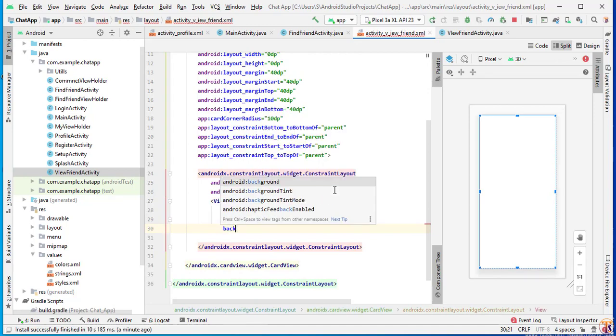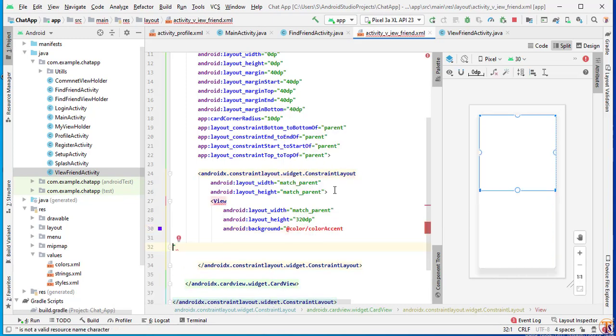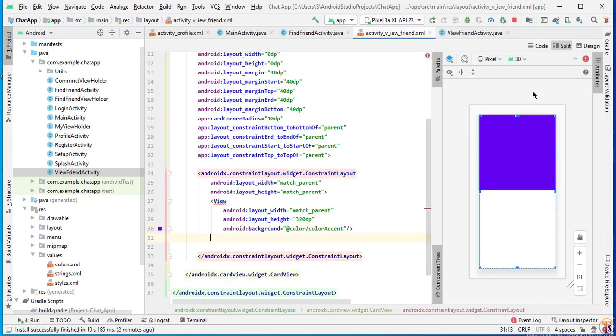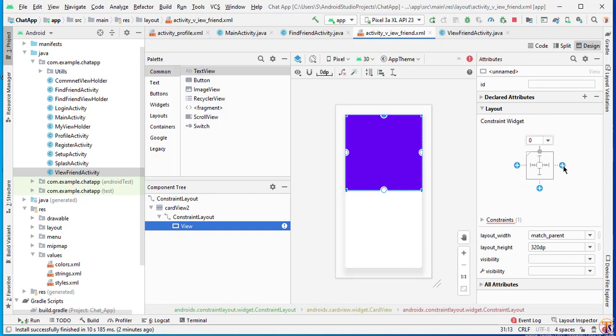And background, here we will select background color accent. Okay, now go to design and add the constraint from top, right, and left.